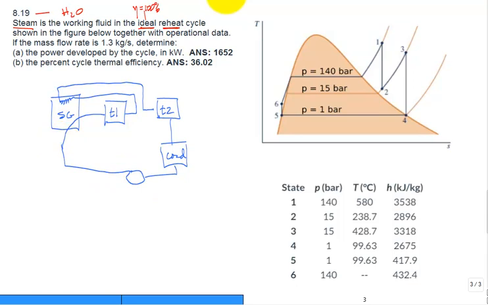So that's our reheat. So you pass it through, then you reheat it. This is the reheat right here. So you'll have some heat added, and then you'll have some heat added in the reheat as well. Okay. The mass flow rate is given to be 1.3, so m dot is equal to 1.3 kilograms of steam